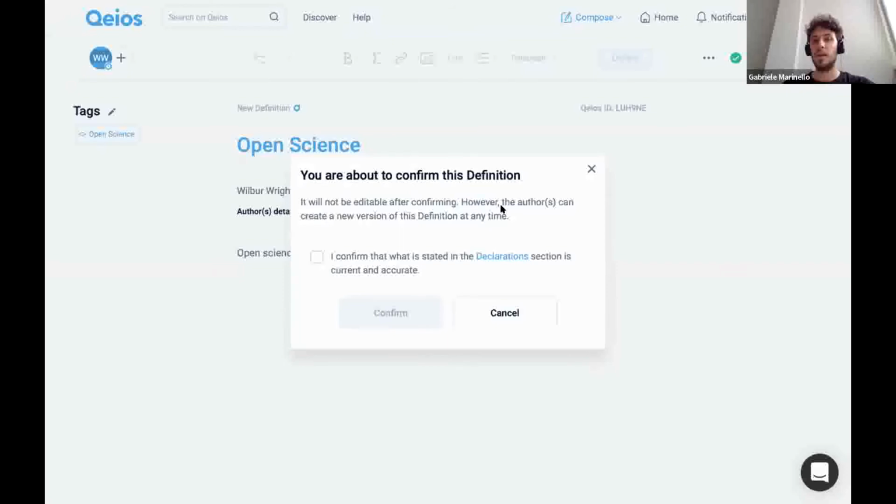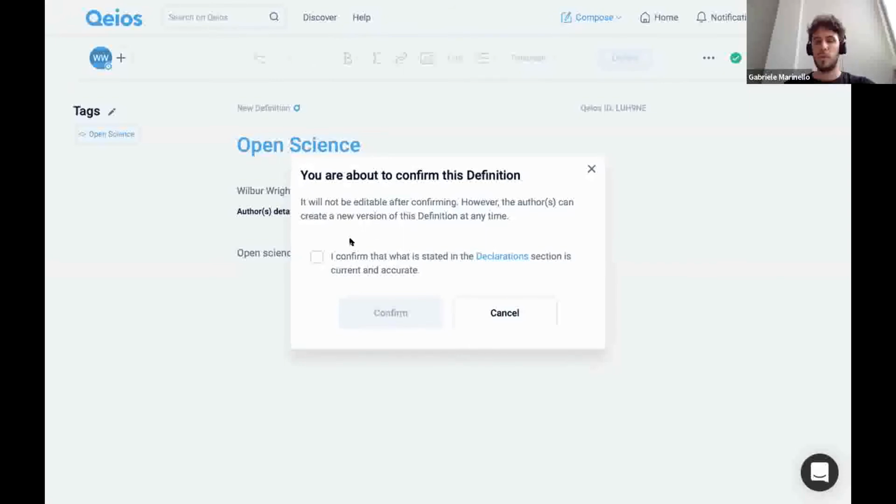Consider that the definition, like any other piece of content on Qeios, gets a DOI. So once you publish it, the only way to remove the content is by retracting it, by doing a formal retraction. So be aware that you're ready to publish your definition.